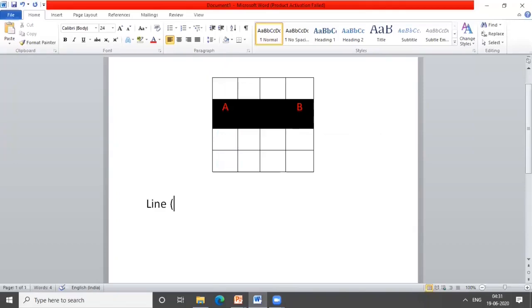like this. Suppose point 1, point 2, and color. Just for understanding, assume that we have one line command which is having form like this, right? So it is taking how many parameters? Suppose 3 parameters: point 1, point 2, and color. So what this line command will do, let's assume that line command is drawing a line between point 1 and point 2, and the color of that line is what you are specifying here.